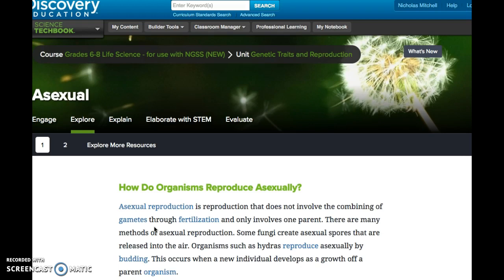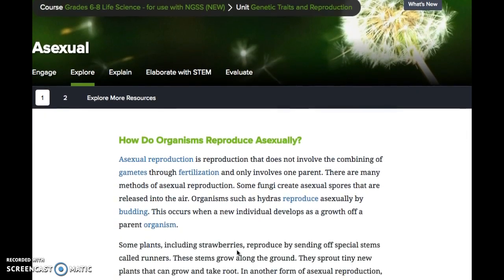Gametes, we'll remember, are sex cells, specialized cells that some organisms use to combine with the cells of others to fertilize, right? That's the process where a gamete from one thing combines with a gamete from another to make a new thing. So, asexual reproduction uses the genes from only one parent, and there are many different ways that this happens.